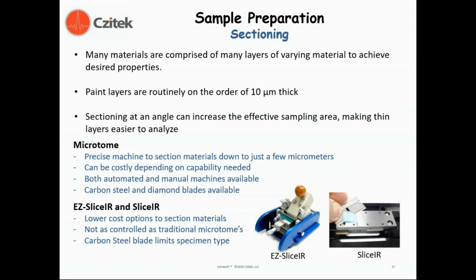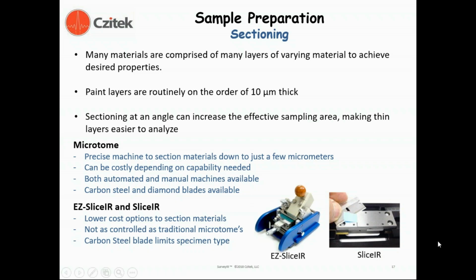They can be relatively costly, but they can be both automated and manual. There are lower cost, less flexible options for sectioning. Shown on the bottom is the Easy Slicer, which allows the sectioning of samples from 0 to 45 degree angles using a circular blade, which, using the knob here, you actually translate that blade over your sample, and you can also control the sample size of